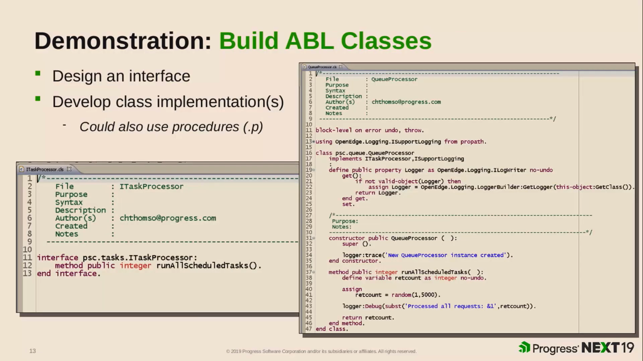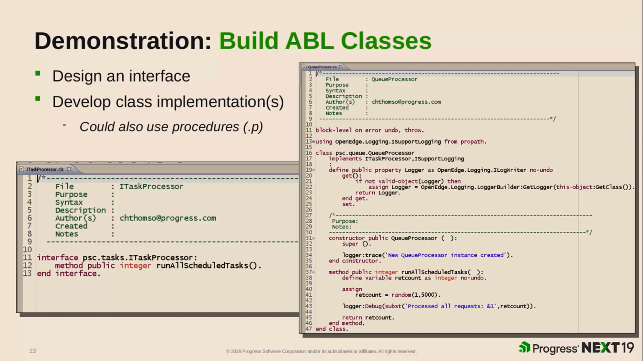Starting at the ABL level, this is an example of the code that I produced to execute my tasks. On the left, and again, I apologize if it's difficult to read, is my interface definition. I just said, let's put something in there so that any class that implements this interface will have this method in it, run all scheduled tasks. So the class on the right,